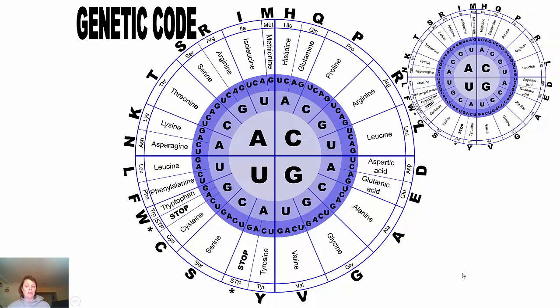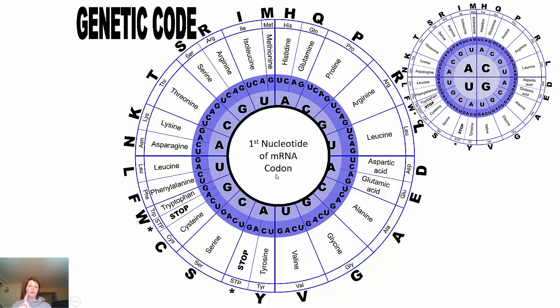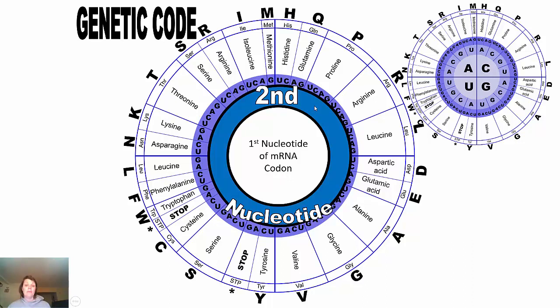this page where my message is gone, I want you to look at the concentric circles. This most central circle is going to be the first nucleotide of the codon. And then you look at the second nucleotide, and that's going to be within the second ring. So for example, our first codon was AUG. So A is here,